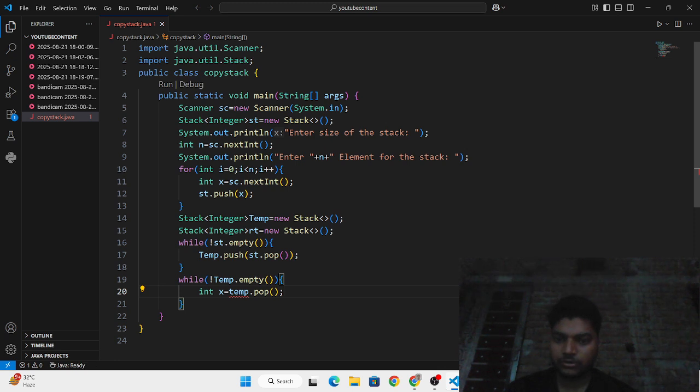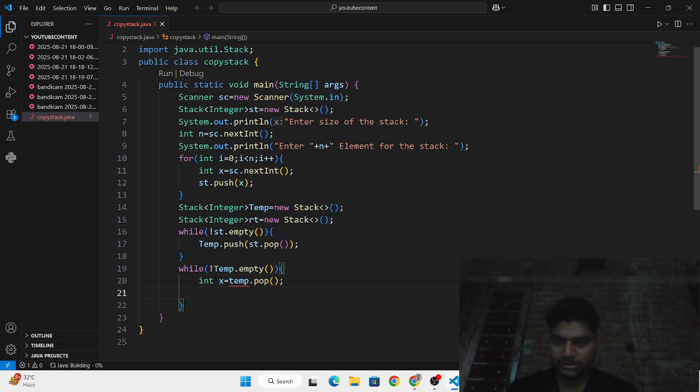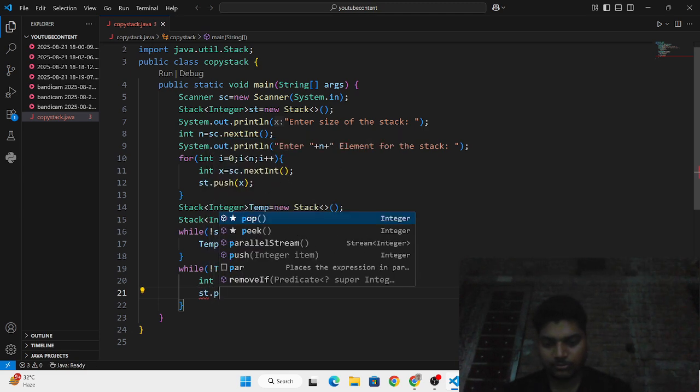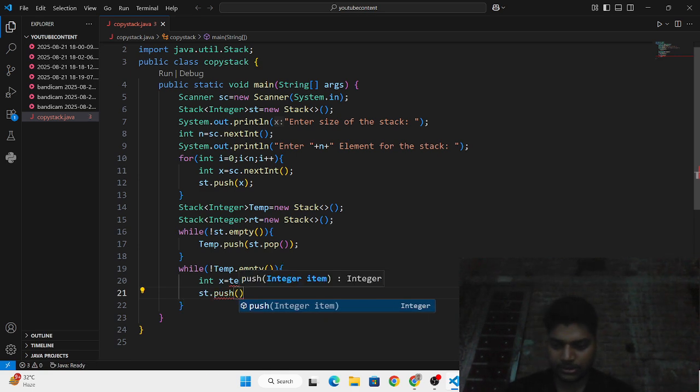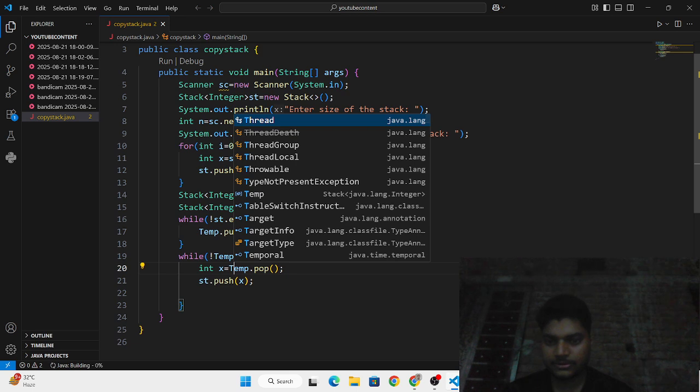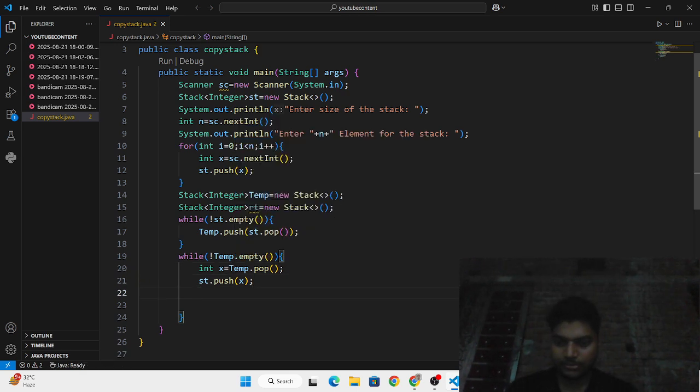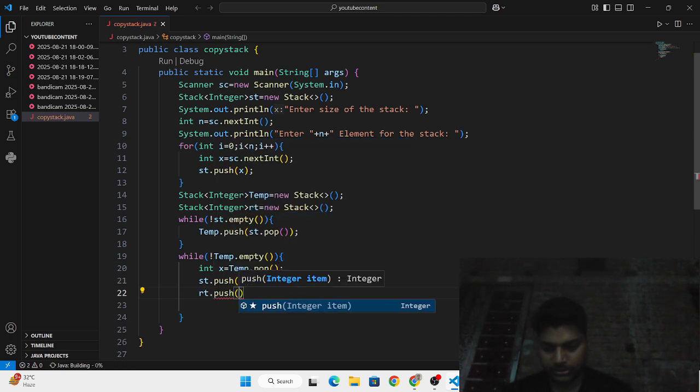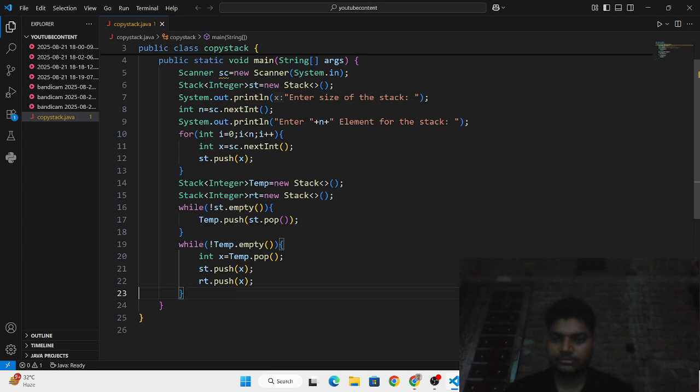Then you need to save here st dot push x, and for the copy of it, rt dot push x. Okay, done.